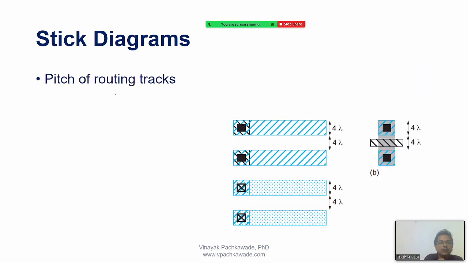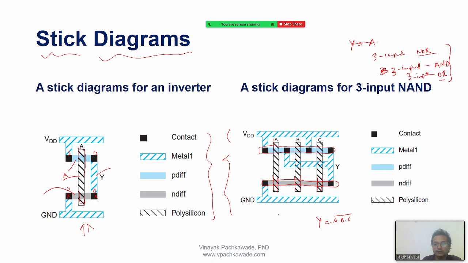So just a little more terms here. Pitch of routing tracks. So these are routing tracks all the way, what we see here. When you draw the stick diagram, that also helps you to quickly understand how the layout will look like for a particular cell. So you see now, for instance, I know how to have a layout of an inverter and a NAND gate. So definitely if I make the interconnection between these two with some idea,